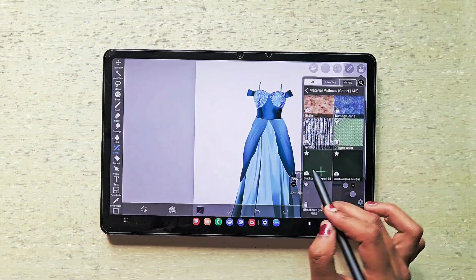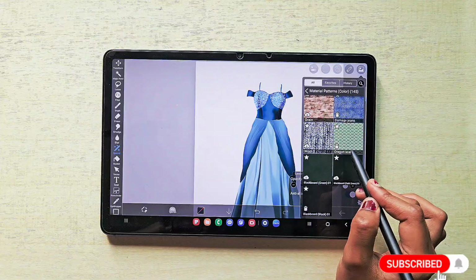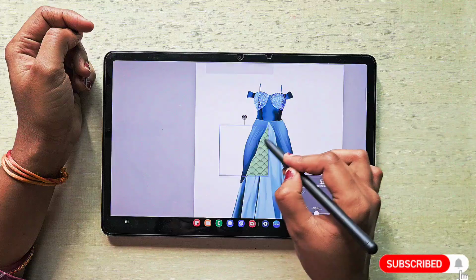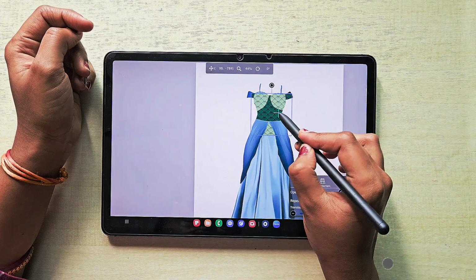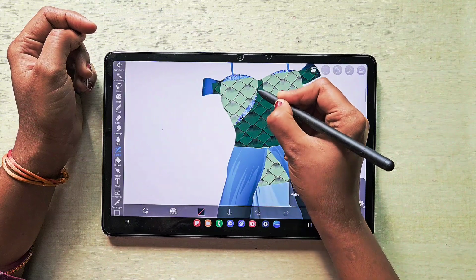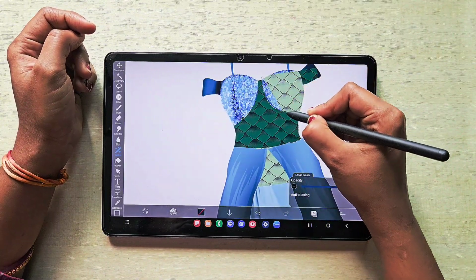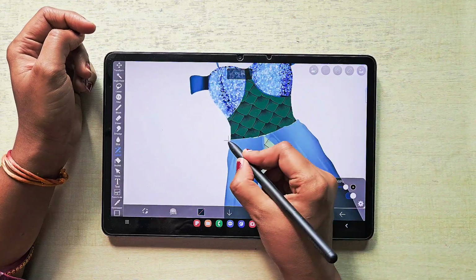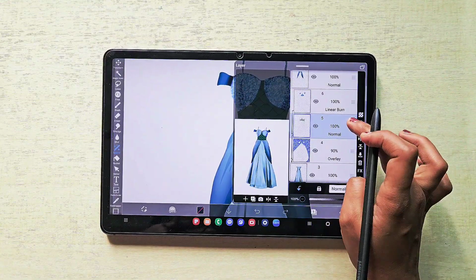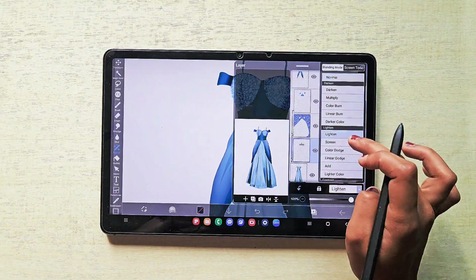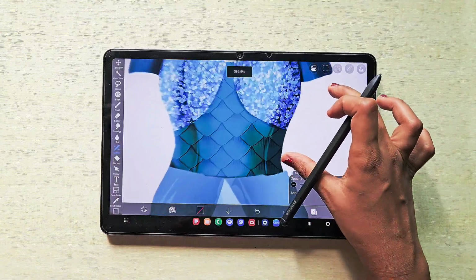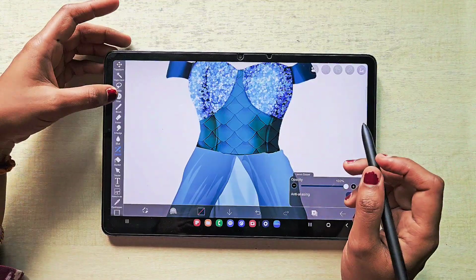all those things you can find in these materials. If you want to add denim for the jeans, you can add it just by one click. Here you can see I'm adding that dragon scales and erasing the unwanted details. Then we can change the blending mode if we want, like this. Also I wish to change the color of this a little bit, so I'm going to the filter